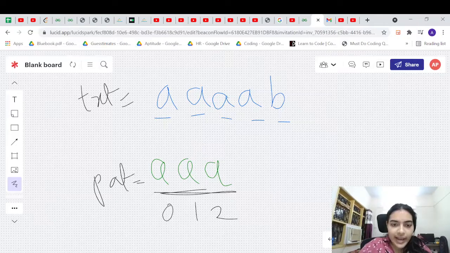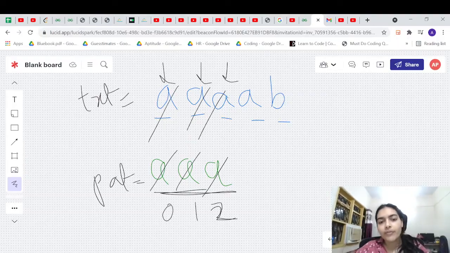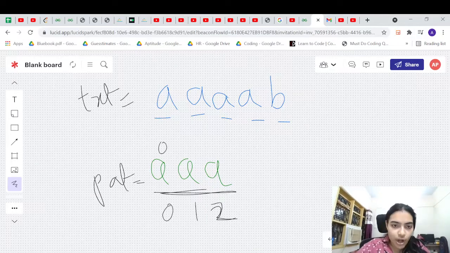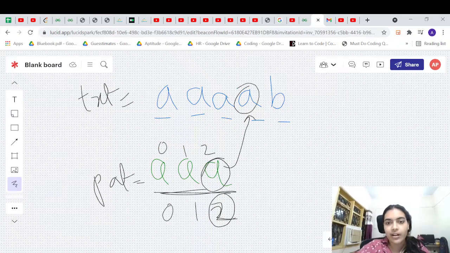So what you will do in the LPS array, you will look, right? See, we already compared three characters. Three characters are matching. Okay, we have found our match. So now we will look in the LPS array. In the LPS array, you know that two characters are okay. You know that you have to go to the second index now. So now in the LPS array, you will go to the second index and compare it with this character. So this character is matching with this character, right?